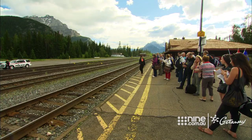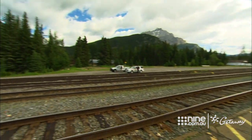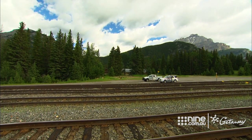What have you enjoyed most so far? The scenery, getting up in the mountains. We've had a blast. It feels like we've been living it up. A little bit unusual for us, but...